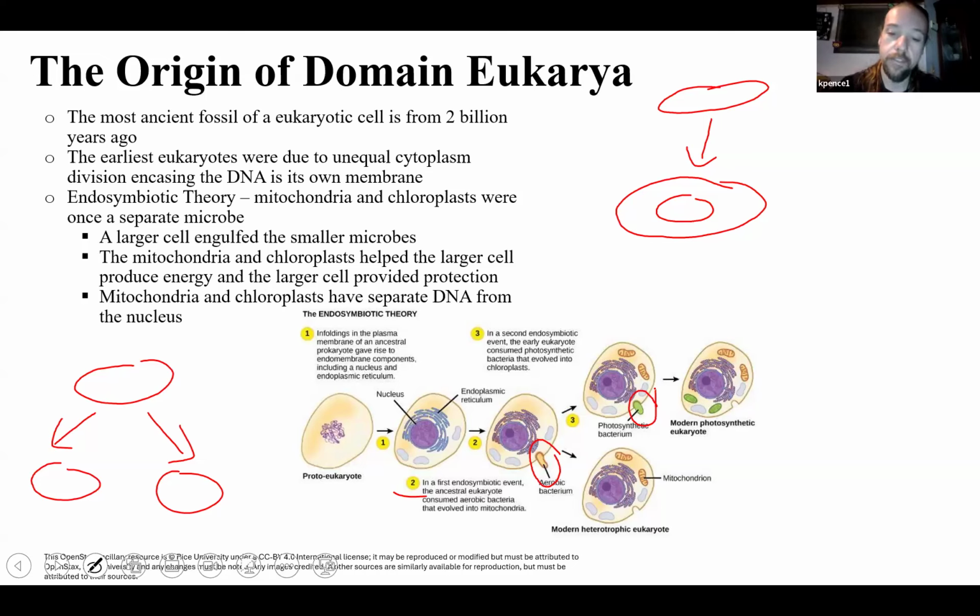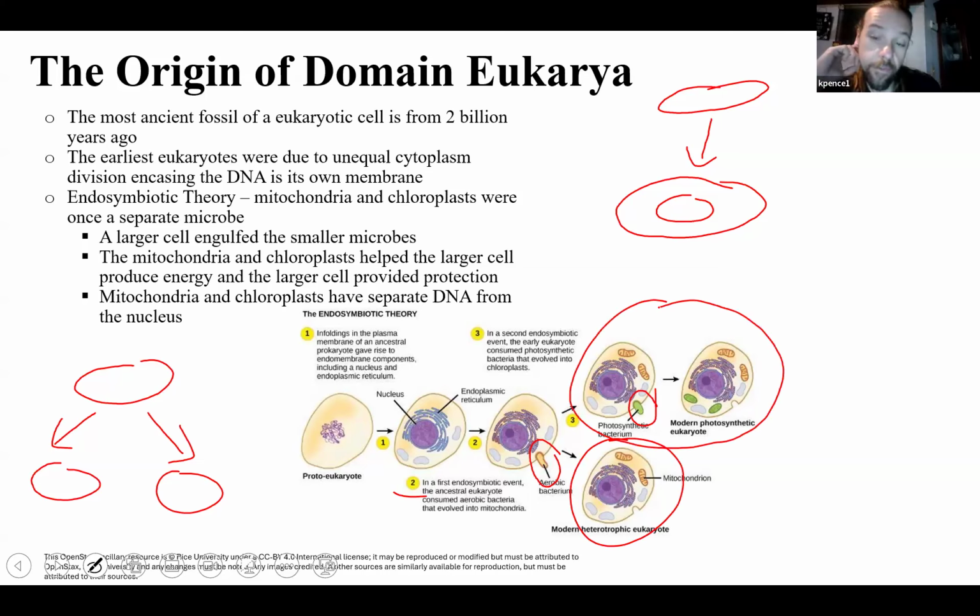So it kind of happened twice. You have this guy here with the mitochondria, and then it happened again with the chloroplast. And you kind of can see evidence for that with the DNA inside the mitochondria, and also DNA inside the chloroplast. So they are the only two other organelles inside of a eukaryote cell that hold DNA. And the hypothesis there is since they have DNA, they used to be a free living entity outside of the cell and kind of supports the endosymbiosis theory.